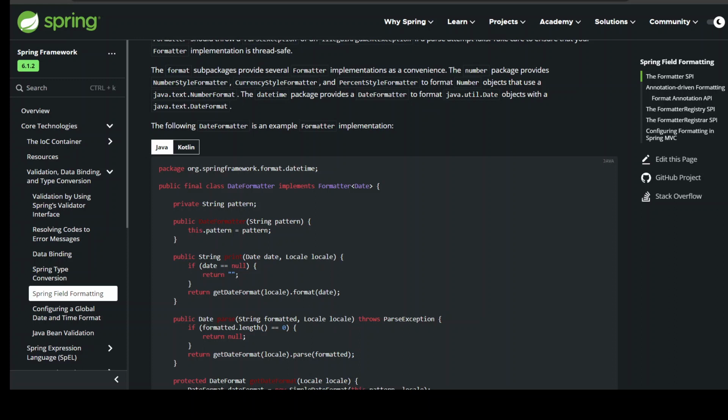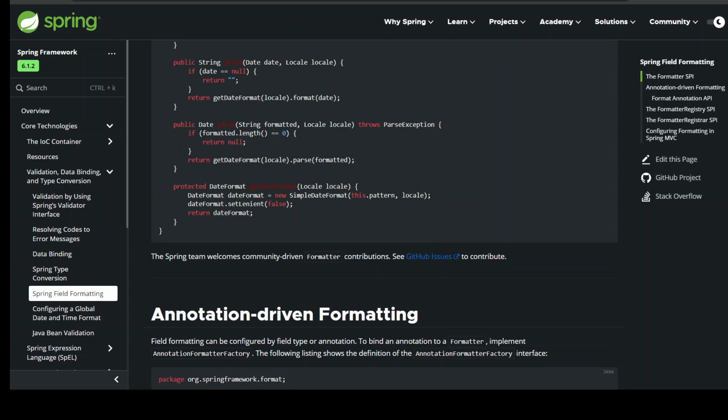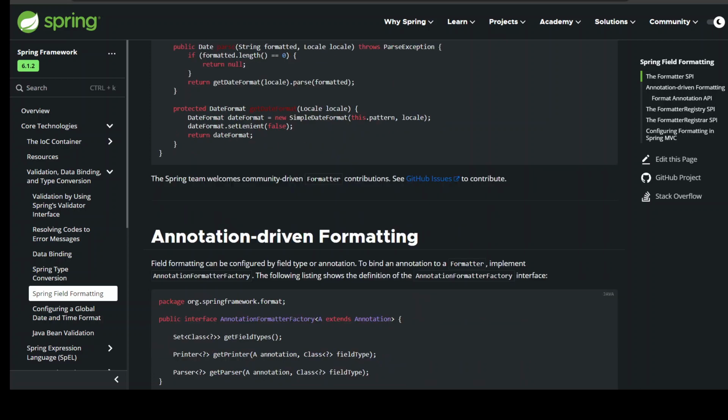Package org.springframework.format.datetime; public final class DateFormatter implements Formatter<Date> { private String pattern; public DateFormatter(String pattern) { this.pattern = pattern; } public String print(Date date, Locale locale) { if (date == null) { return ""; } return getDateFormat(locale).format(date); } public Date parse(String formatted, Locale locale) throws ParseException { if (formatted.length() == 0) { return null; } return getDateFormat(locale).parse(formatted); } protected DateFormat getDateFormat(Locale locale) { DateFormat dateFormat = new SimpleDateFormat(this.pattern, locale); dateFormat.setLenient(false); return dateFormat; } }